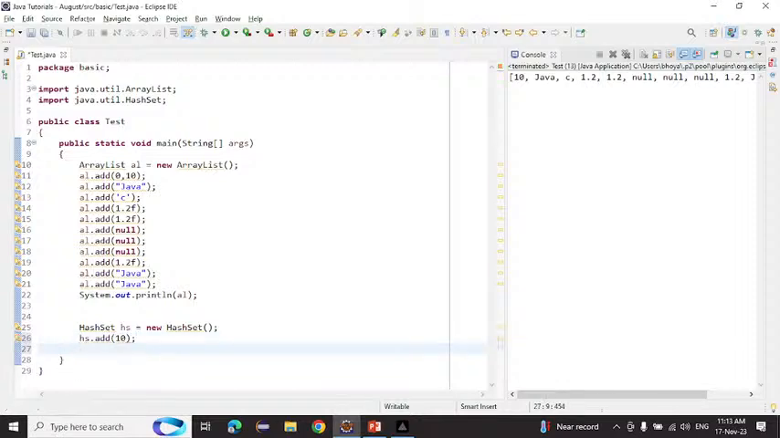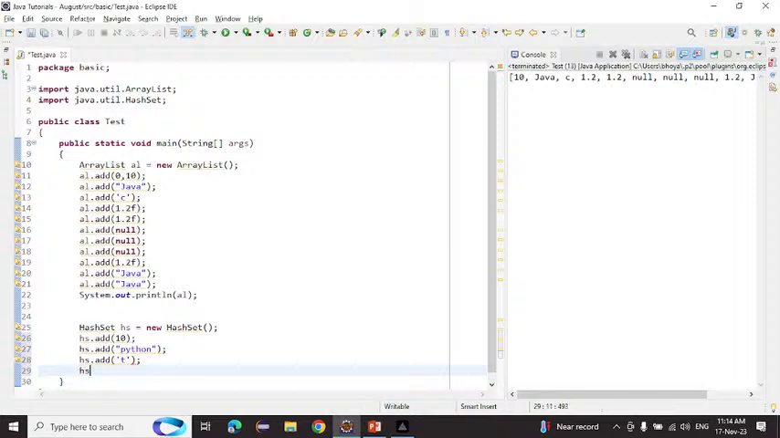So first I am adding 10, then we will try to add a heterogeneous value here. Here I'm adding Python. hs dot add, simply I'm trying to add here t. After that, hs dot add anything. Try to add a float value also, 2.7. And if you want to print this, you can print that. How to print that? If I run this one, see,